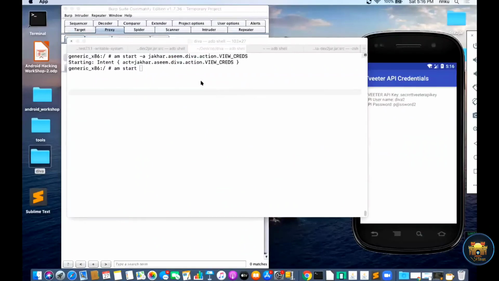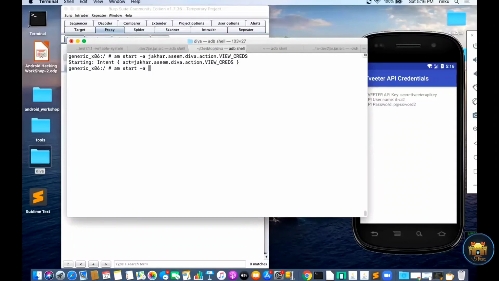Before that, I need to put -a for action, then put the intent value. After that, as I already told you, extra data is going with this intent, so I need to put that extra data, and that extra parameter is boolean, so I need to put z here, and after that put the parameter check underscore pin. Okay, and the value is false.